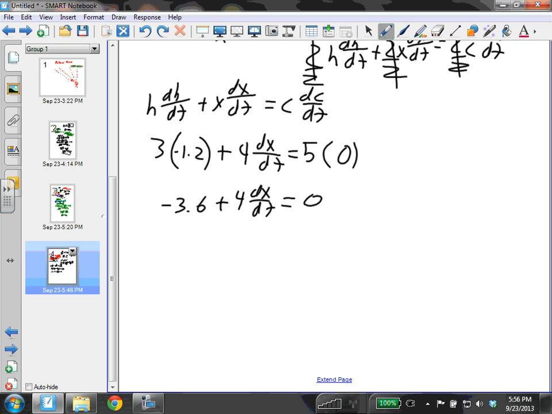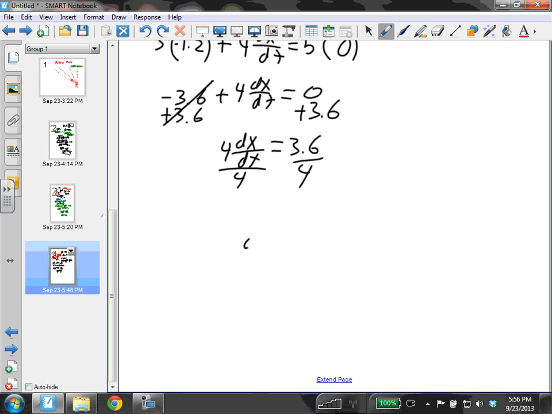Now, in order to get dx dt by itself, we'll need to add 3.6 to both sides. This will cancel, and so 4 times the change in x with respect to the change in time should equal 3.6. Then dividing by 4 on both sides gives us that the change in x with respect to time at that moment should be